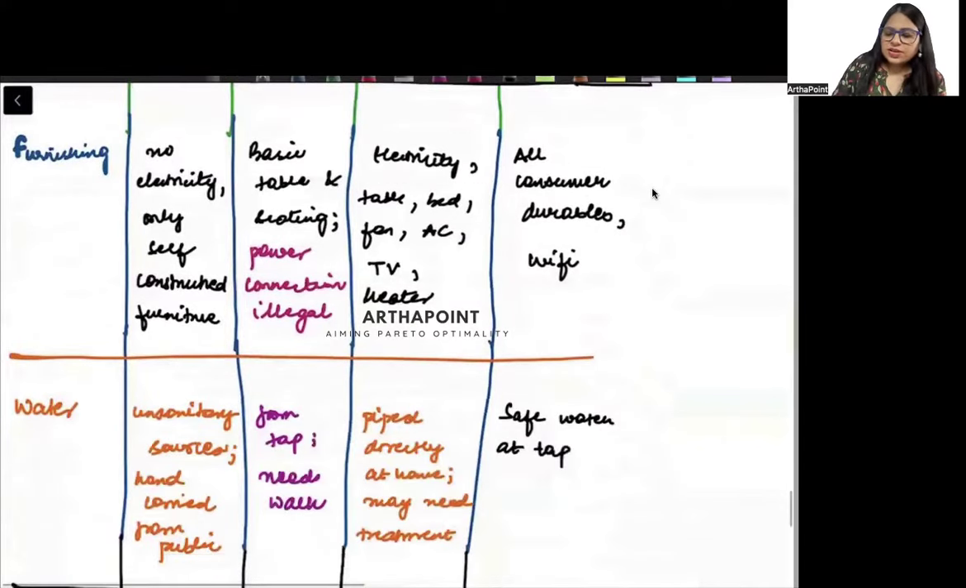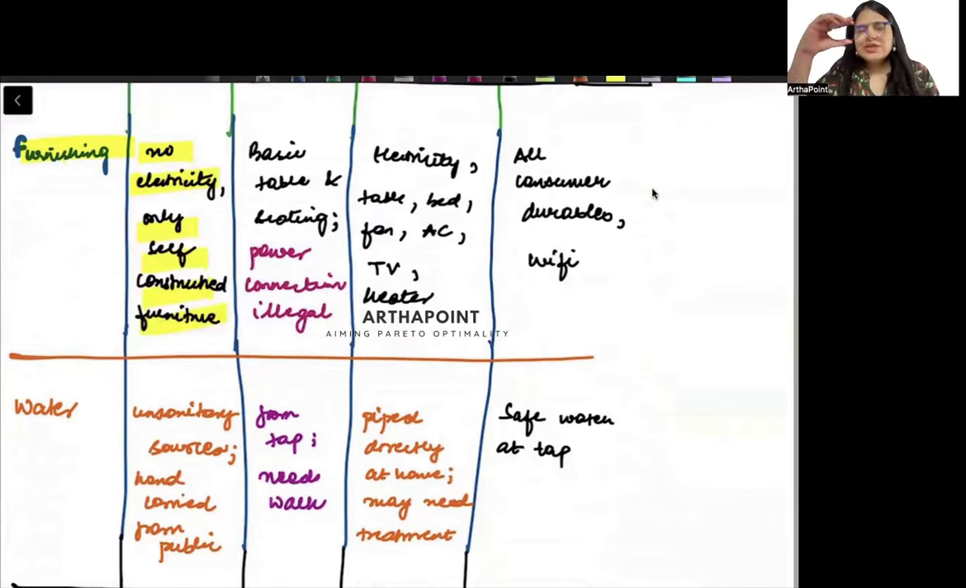फिर फर्नीचर की तरफ आते हैं. आई होप यू विल बी एबल टू राइट इट ऑन योर ओन ऑल्सो. फर्नीचर में बेटा यहाँ पे देयर इज नो इलेक्ट्रिसिटी, ओनली सेल्फ कंस्ट्रक्टेड फर्नीचर. इट रिमाइंड्स मी ऑफ